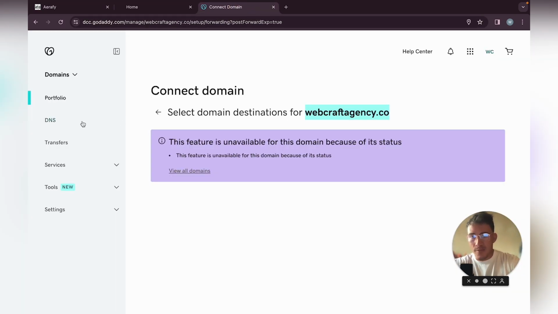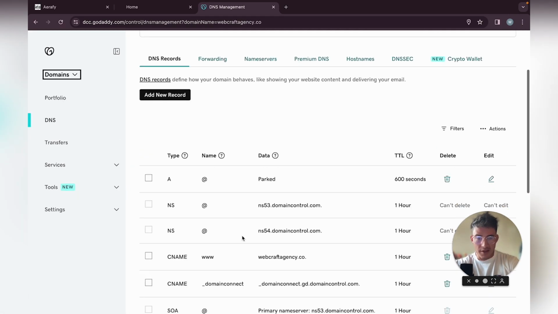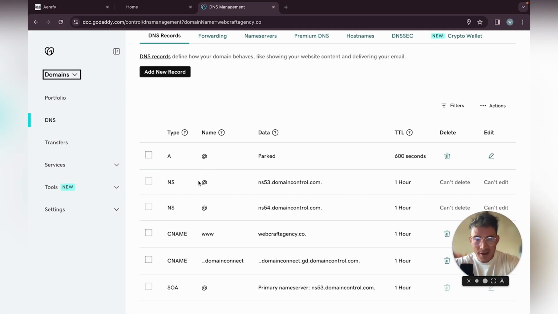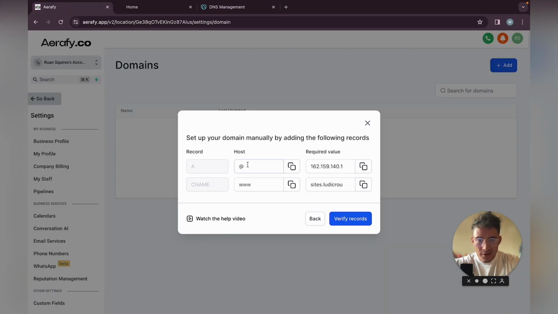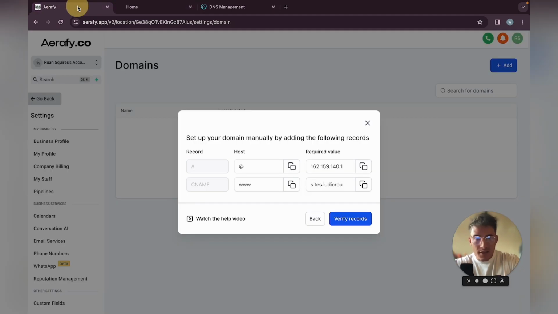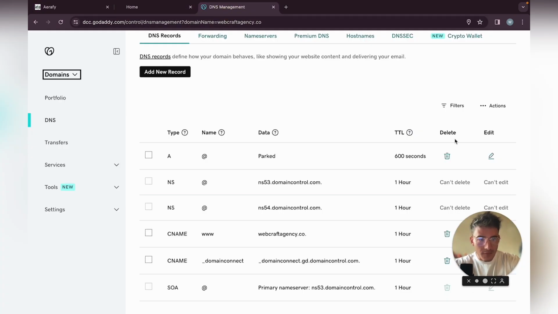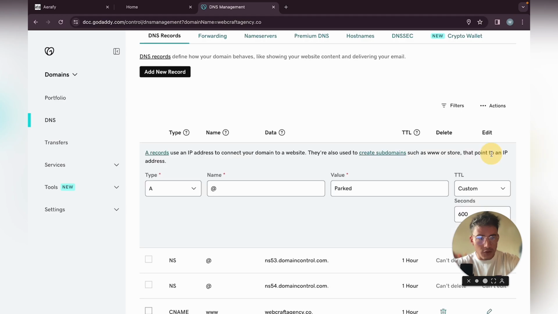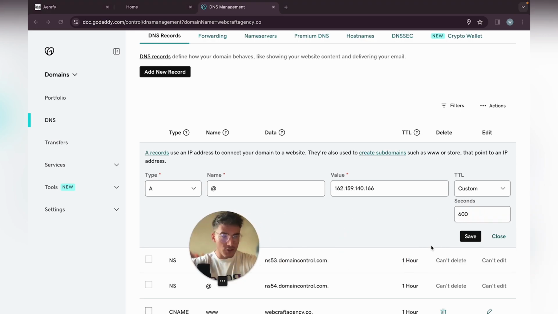Just go over to domains, DNS, and then here add records. As you can see, the A name is there, and there's the CNAME. For our A name, the A, then the host is at, just copy and paste the required values. There we go, the data, let's just make sure, and just click on edit. Value, we can just copy and paste that in there, just click save,